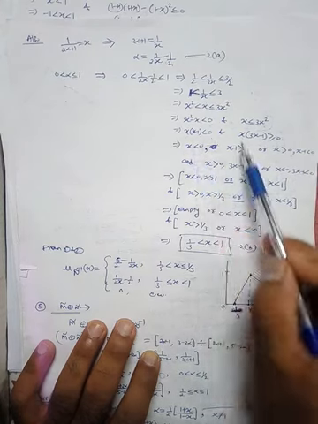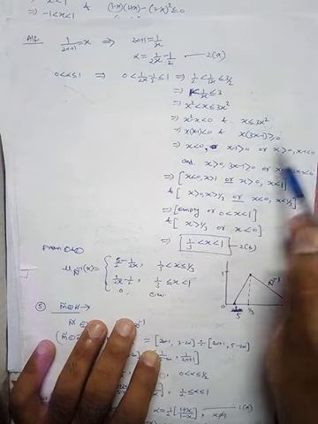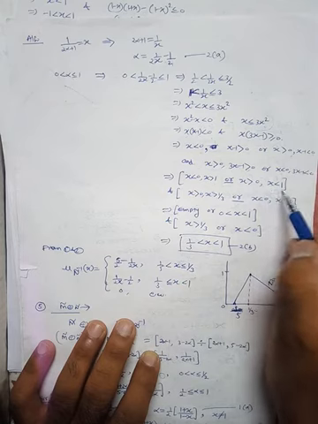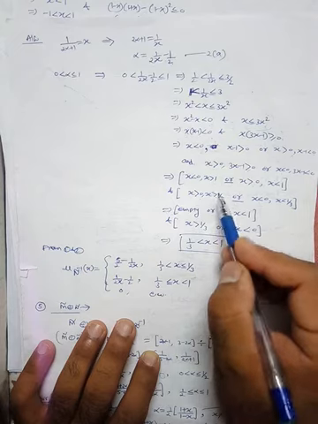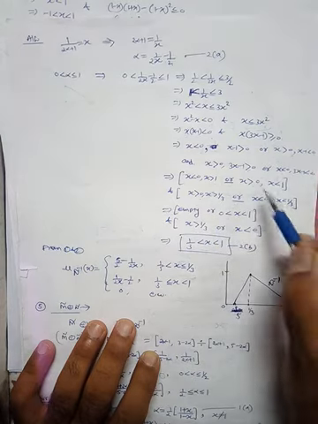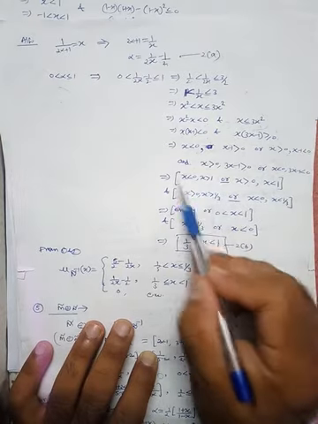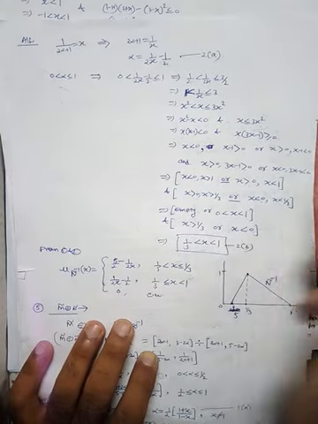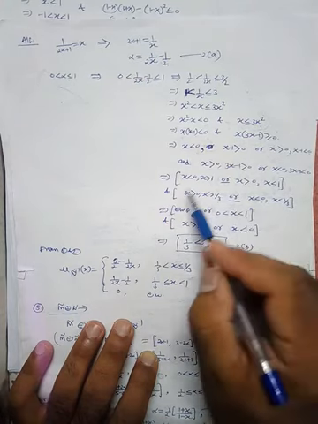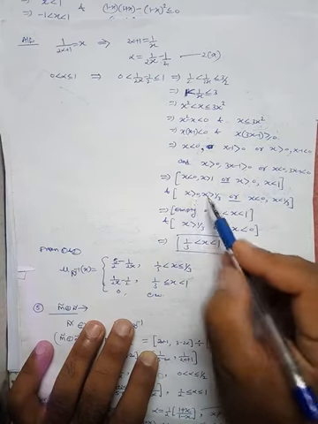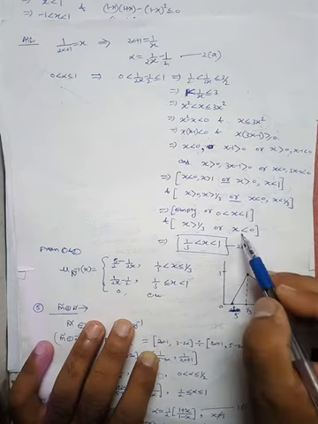Okay, now for the first part, this can be written as x is less than 0, x is greater than 1, or for the second part, x is greater than 0 and x is less than 1, and third part, x is greater than 0 and x is greater than 1 by 3, or fourth part, x is less than 0, x is less than 1 by 3. Now again, from the first part you can see this is the empty set. Second part gives you x is greater than 0, x is less than 1, so the range will be 0 to 1. Third part, when you take the intersection of this, obviously x is greater than 1 by 3, or from the last part, x is less than 0.